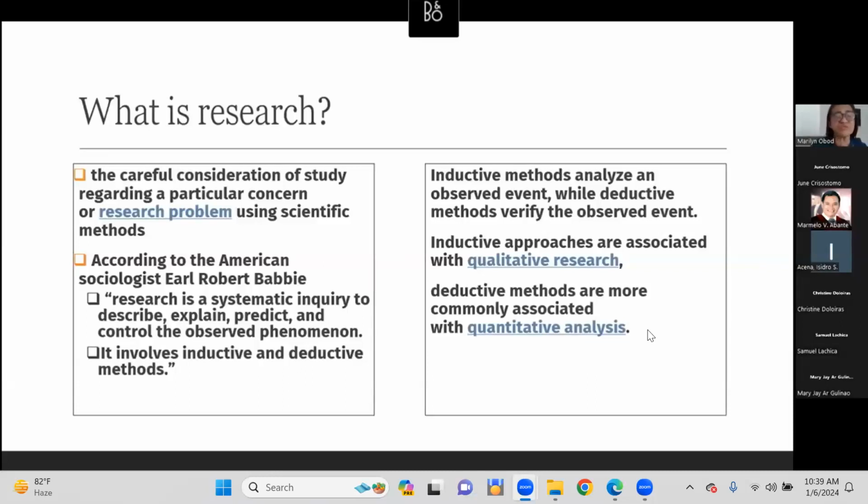So, sinabi dito, describe, explain, predict. That is why in our statement of the problem, we have two types of question. We have the descriptive questions and inferential questions. And descriptive questions require descriptive statistics. Inferential